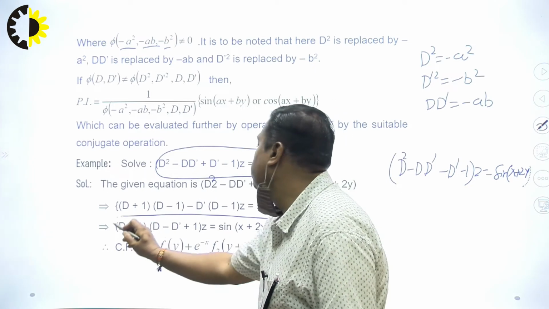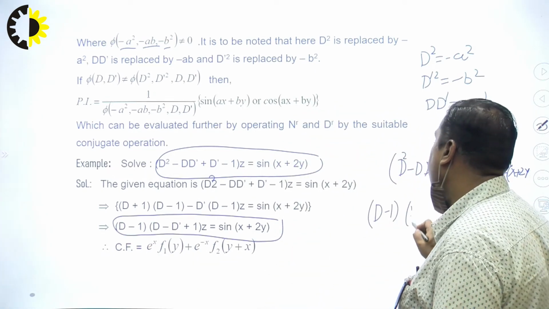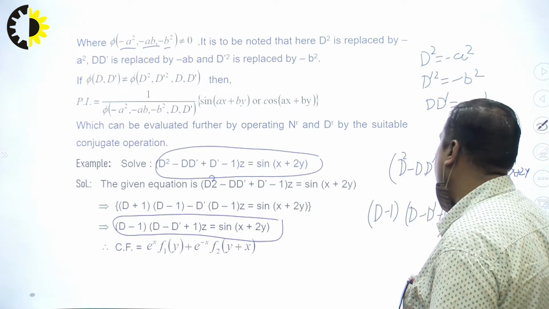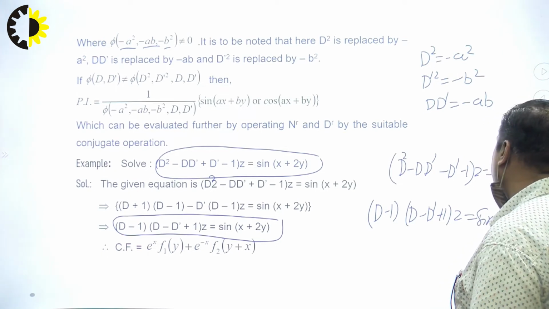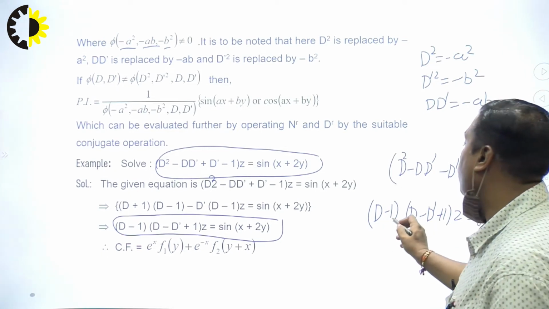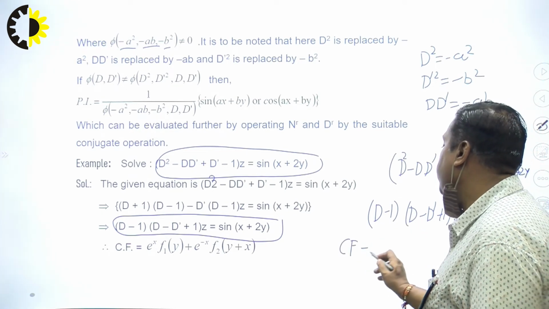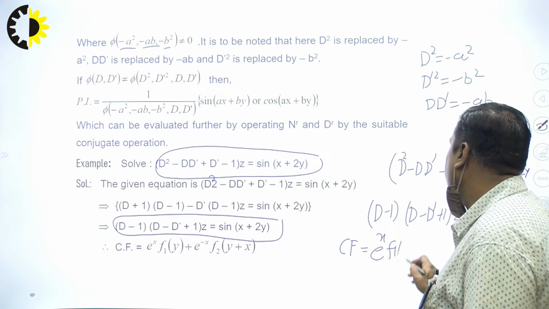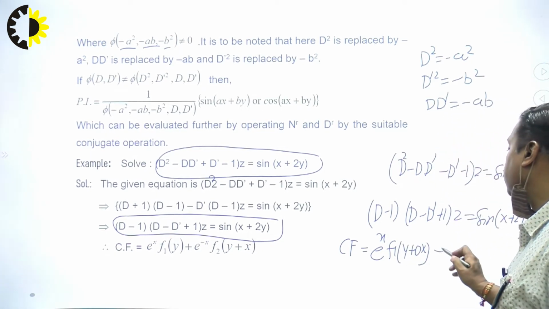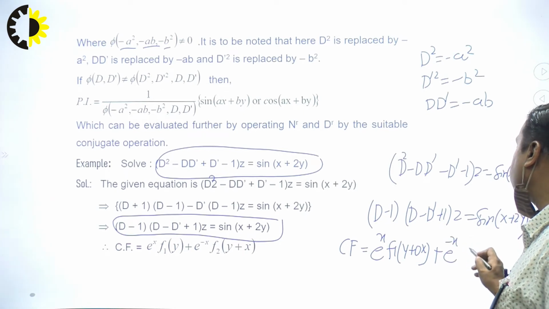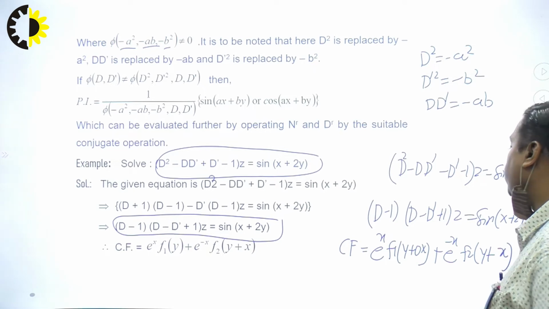On factorizing, that becomes the form of (D - 1)(D - D' + 1) z = sin(x + 2y). Compare D and A: A is equal to 1, so CF is e^x f1(y) + 0x, plus e^(-x) f2(y) + 1x. That is the complete CF